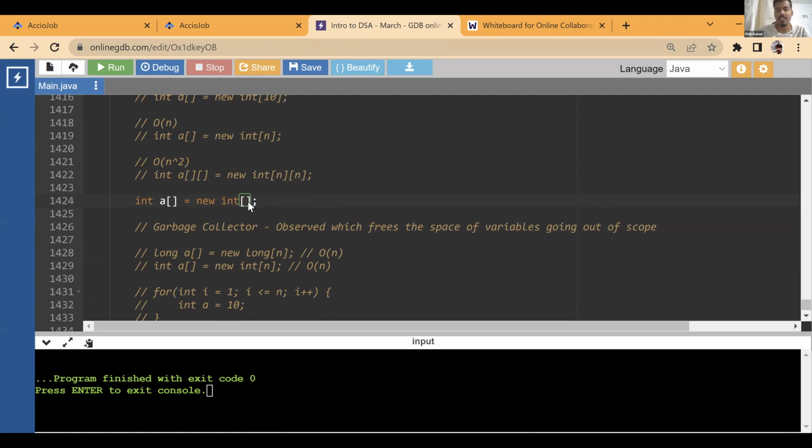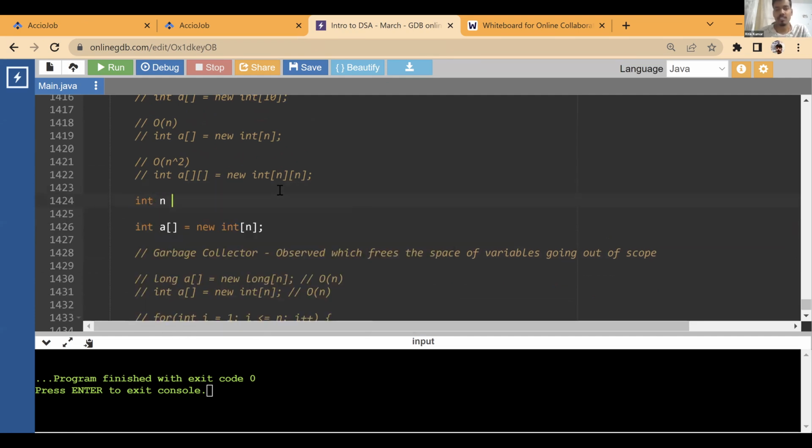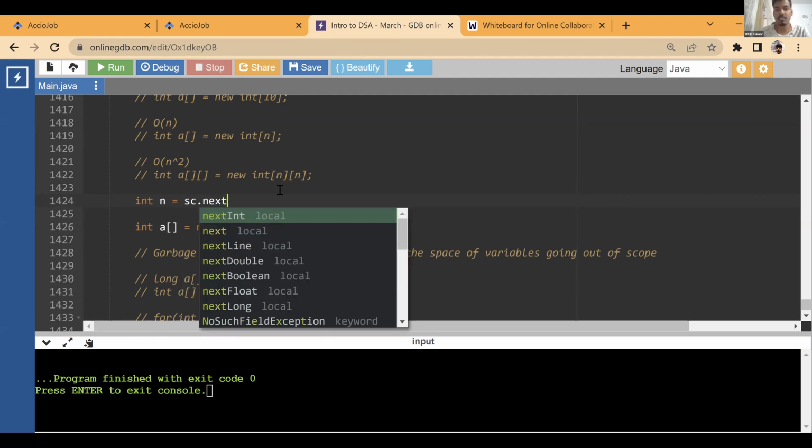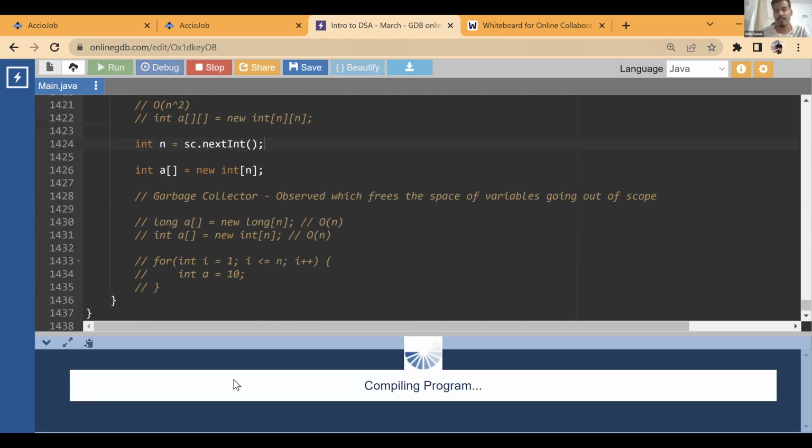No, you can create a variable n, and you can just write n is equals to sc dot nextInt. Okay, so this error can happen in runtime as well. So if you are trying to create a very long array, okay,